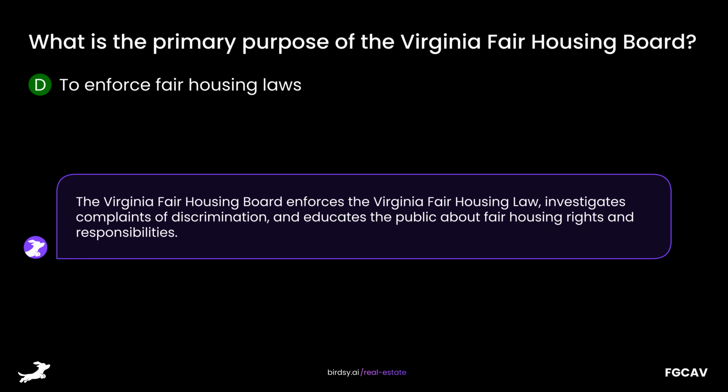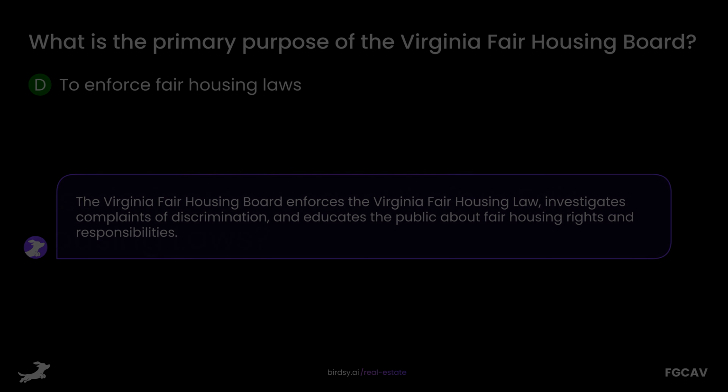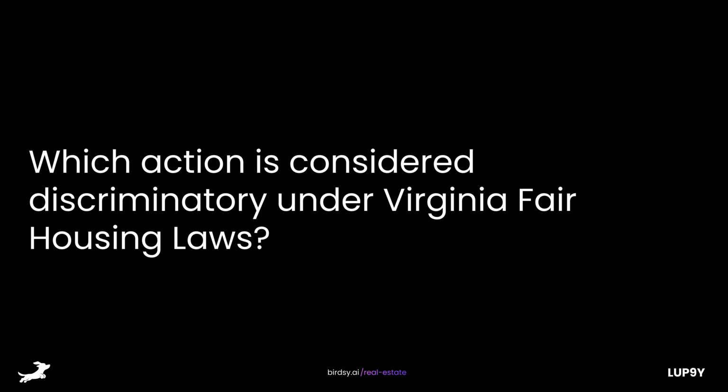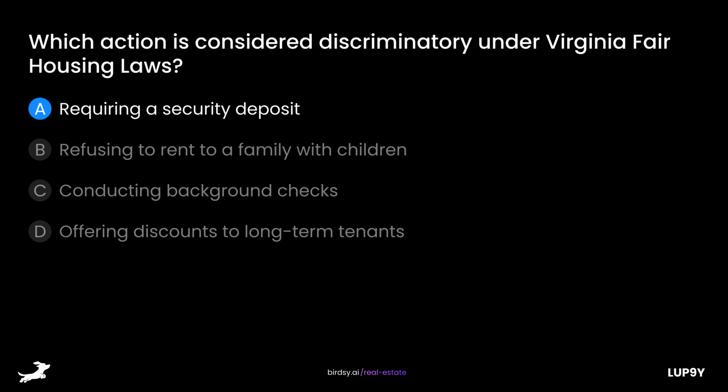The Virginia Fair Housing Board enforces the Virginia Fair Housing Law, investigates complaints of discrimination, and educates the public about fair housing rights and responsibilities. Which action is considered discriminatory under Virginia fair housing laws? Is it A, requiring a security deposit, B, refusing to rent to a family with children, C, conducting background checks,